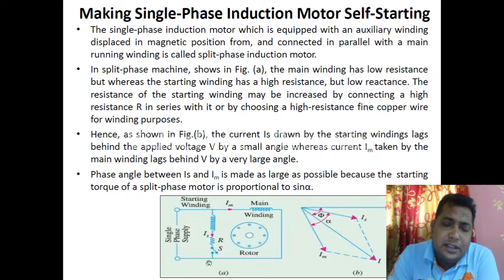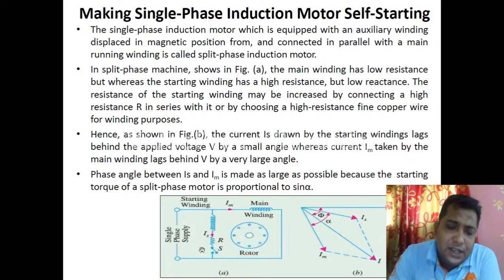There we have the starting winding, and we have the running winding. With the starting winding, we have connected a resistance and a centrifugal switch. When the supply is on, the current flows through both coils and the centrifugal switch is also